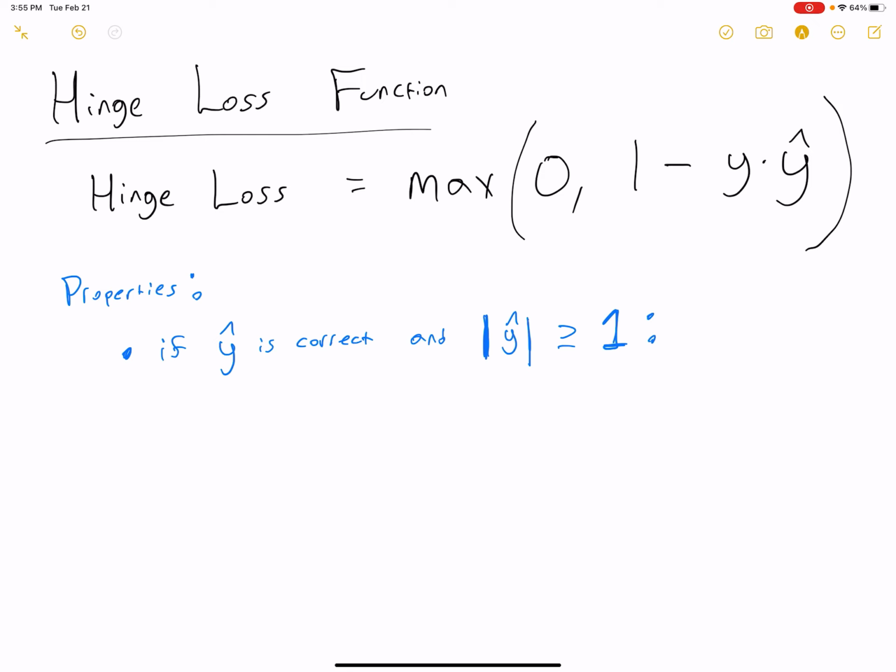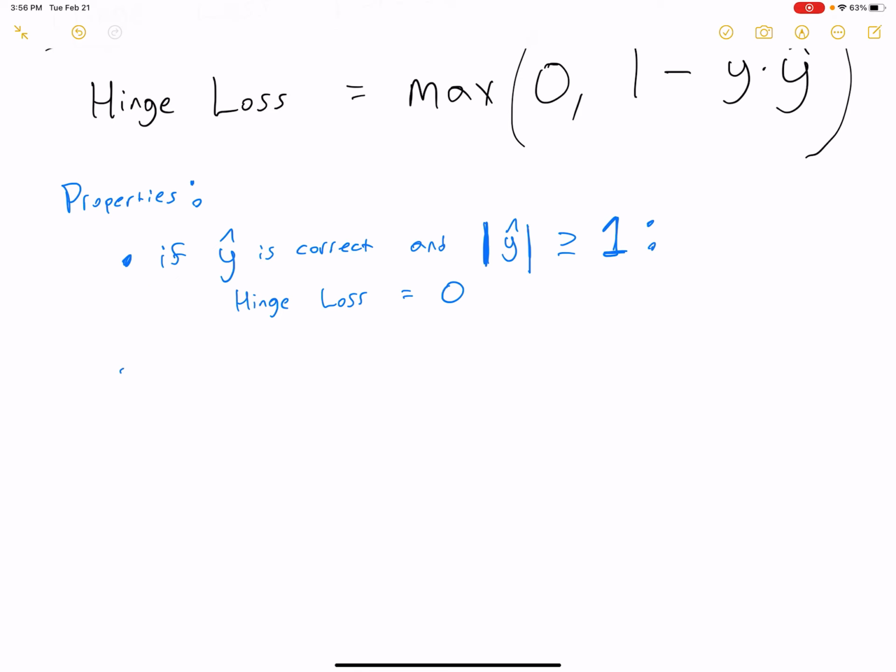Then the hinge loss is 0, because if it's greater than 1, 1 minus the multiplication of y and y hat is going to be super negative, and so the hinge loss just becomes 0 because we're taking the max of 0 and that really negative number. So if we're doing really well, hinge loss is 0. And remember, we want to minimize loss. If y hat is correct,